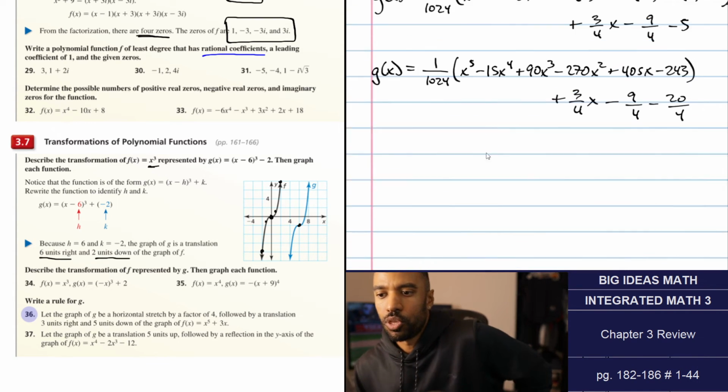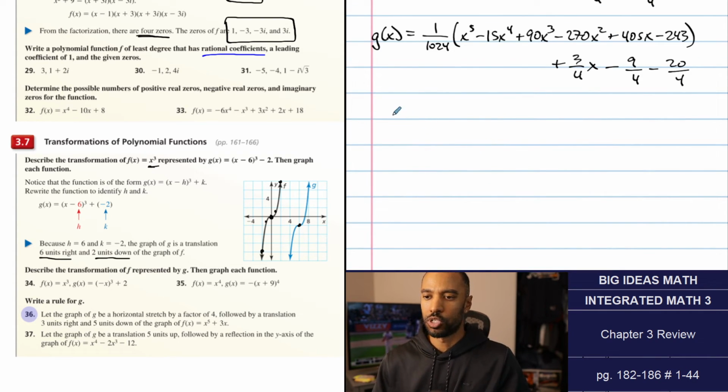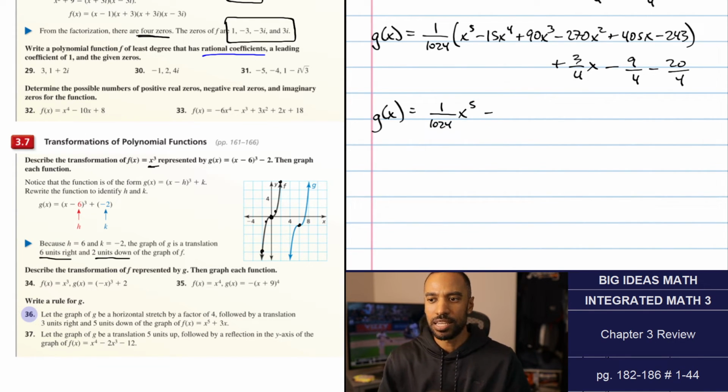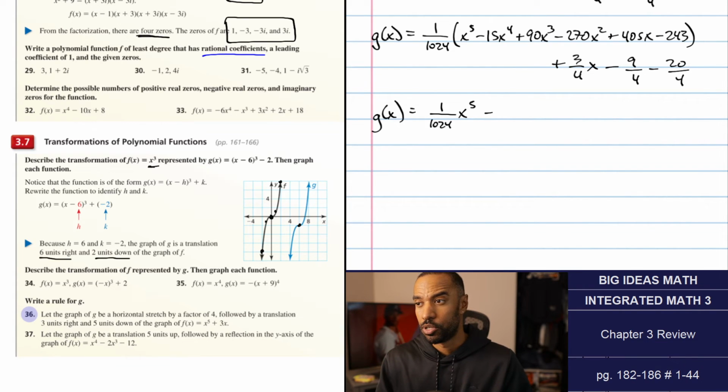Now I got to distribute the 1 over 1024, which means kind of working on fraction reduction. So I'm going to let my calculator help me for that. 1 over 1024 times x to the 5th is exactly that. Now I'm going to do minus 15 over 1024. So I'm going to use my calculator there and figure out what the fraction reduction of that is. So 15 over 1024 is, I guess it can't reduce as a fraction. So it's 15 over 1024